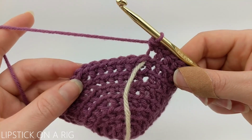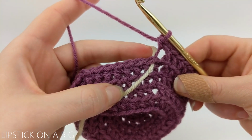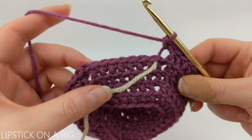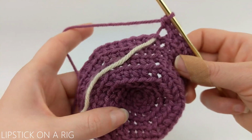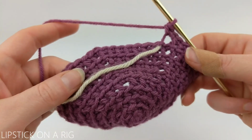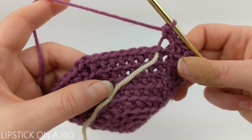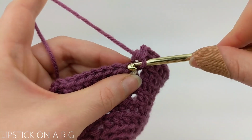of 54 single crochets. And the pattern for our next row is to place 1 single crochet in the back loop only of our first 8 stitches, and then 2 single crochets in the back loop only of our 9th. And we're going to repeat that going around our row, and we should have a total of 60 single crochets